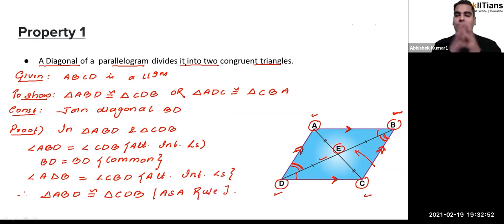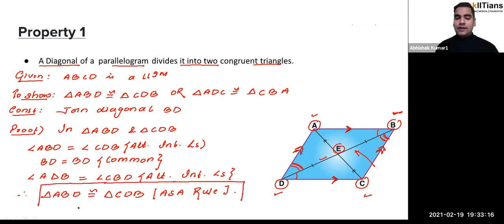Two angles and the included side, I would say. Two angles and the included side of one of the triangles are equal to the two angles and the included side of the other triangle. So we have shown that the two triangles that we have considered here are congruent to each other, or in other words, we have shown that the diagonals of a parallelogram always divide a parallelogram into